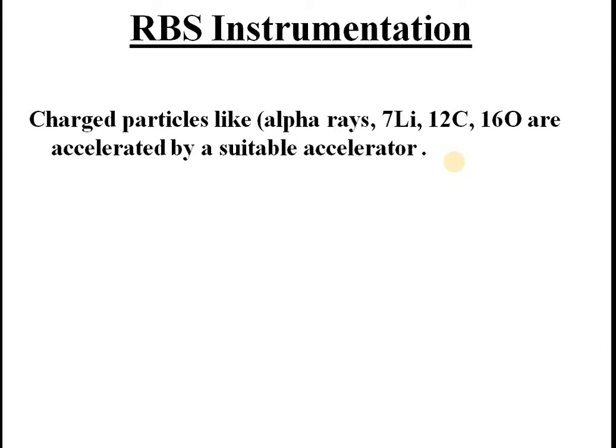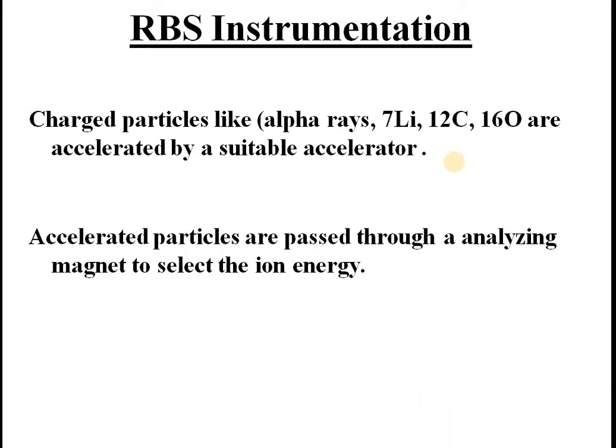Making use of a tandem accelerator, you can multiply ionize the projectile. Suppose initially you get a lithium plus ion. By passing through a tandem accelerator, you can make it a lithium 2 plus ion, 3 plus ion, 4 plus ion, like that. Multiple ionization is possible, and acceleration also, so the particle gets correspondingly energized.